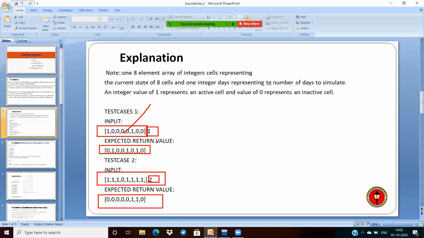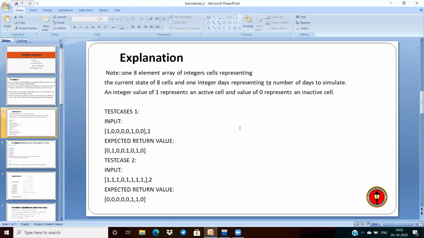To implement this is very simple. If you want to implement this code, assume we have these cell values, 1 0 0 and something like that. For the first element, I take the left side as 0, and similarly the right side of the last one I also assume to be 0.